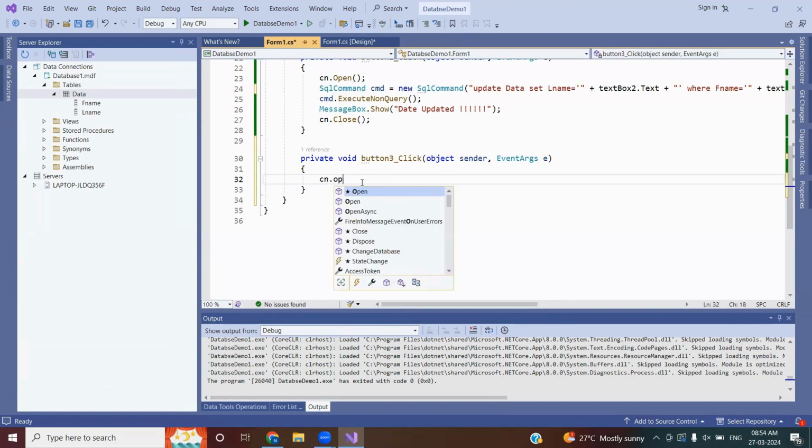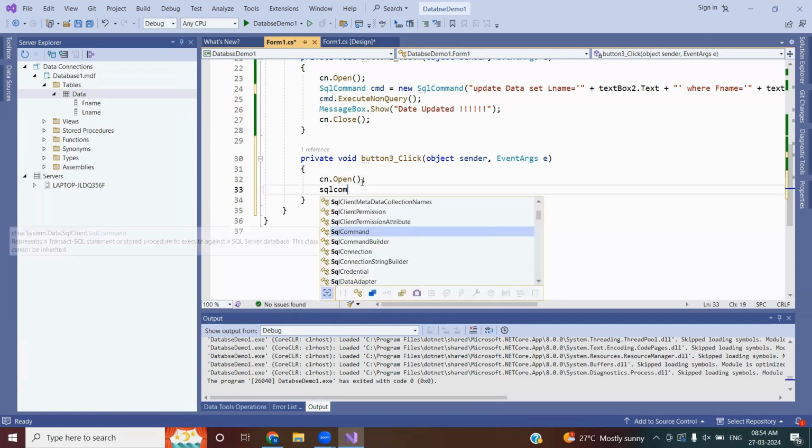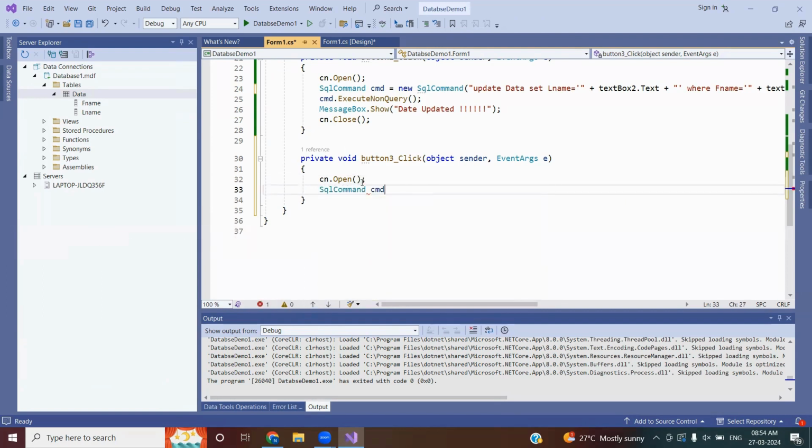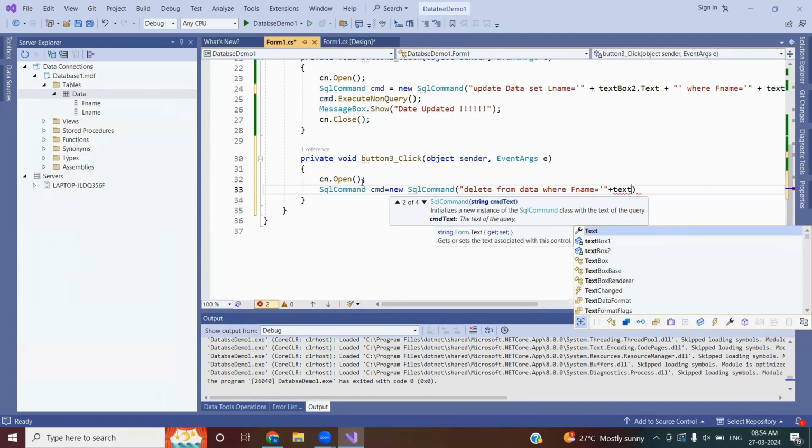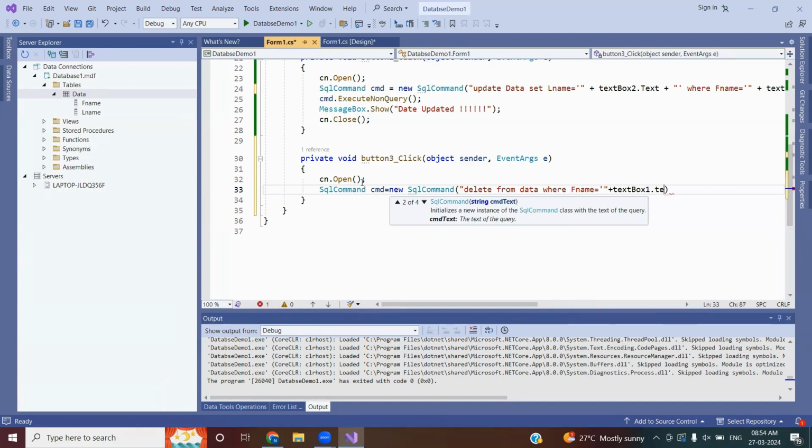First, con.Open. SqlCommand cmd is equal to new SqlCommand. Pass the command here. Delete from table name where F name is equal to single quote, double quote plus textBox1.Text plus